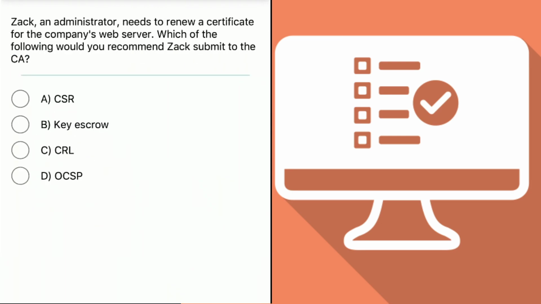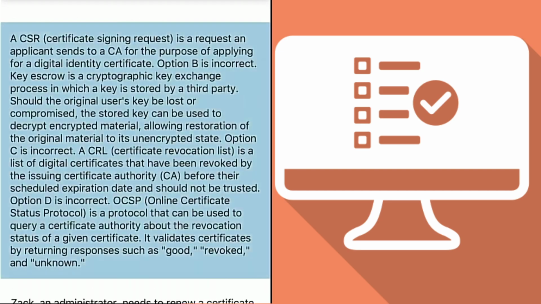Next question. An administrator needs to renew a certificate for the company's web server. Which of the following would you recommend the SA submit to the CA? A. CSR. B. Key escrow. C. CRL. D. OCSP. Alright, if you choose A, you're correct. Certificate signing request is a request an applicant sends to a CA for the purpose of applying for a digital identity